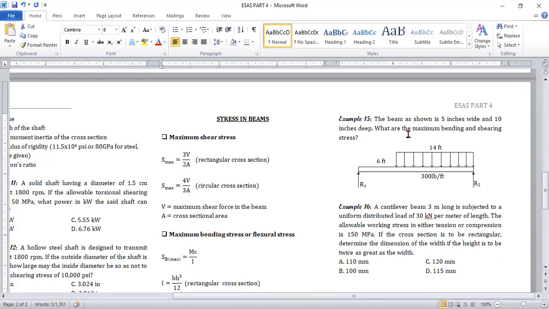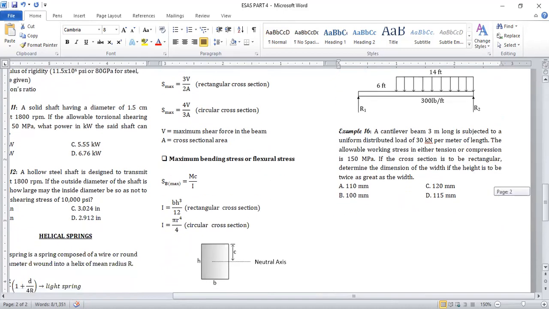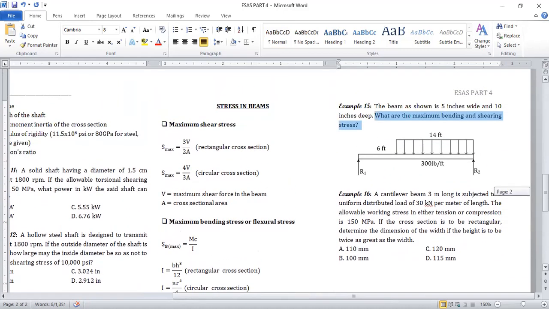So this means that it has a rectangular section. So what are the maximum bending and shearing stress? So we're asked to calculate the maximum shearing stress for this rectangular cross section, and then the bending